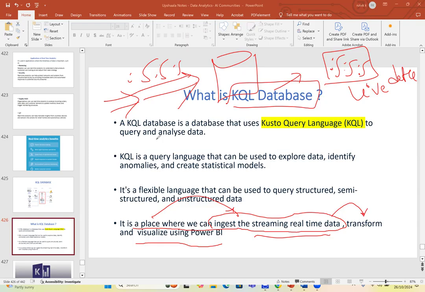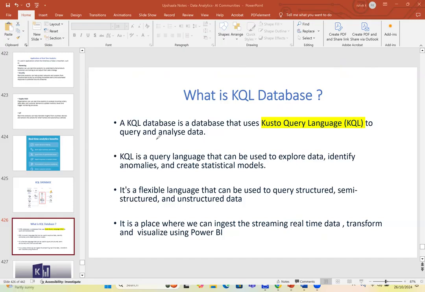See how Microsoft SQL Server or Oracle database uses SQL, the structured query language. Similarly, your KQL database uses Kusto query language, KQL, to query and analyze data. Now you have ingested your real-time data. Once we ingest your real-time data in your KQL database,